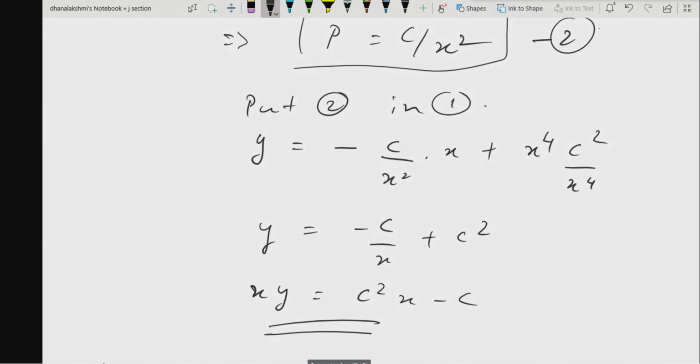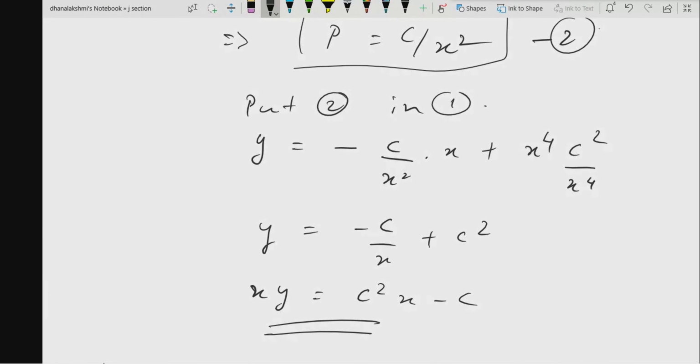And ma'am, should we eliminate that constant also? No, how will you eliminate the constant without any condition? If a certain condition is given to you, the y value at some x, then you can find your c value, the constant value, and then you substitute. This is the general solution. Is it not the general solution? Yes, ma'am.